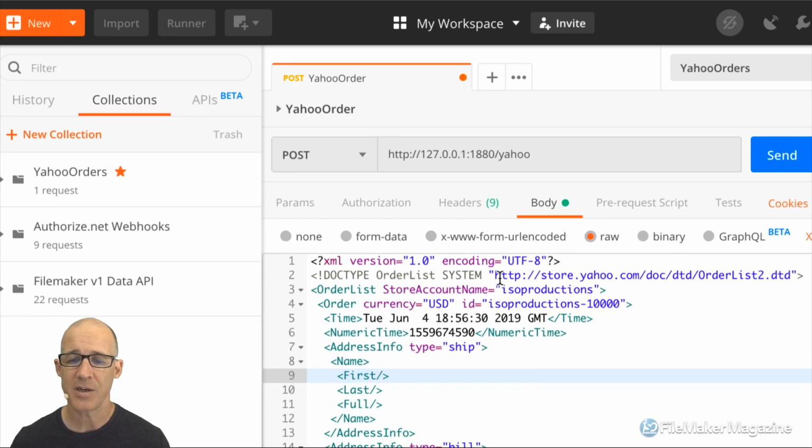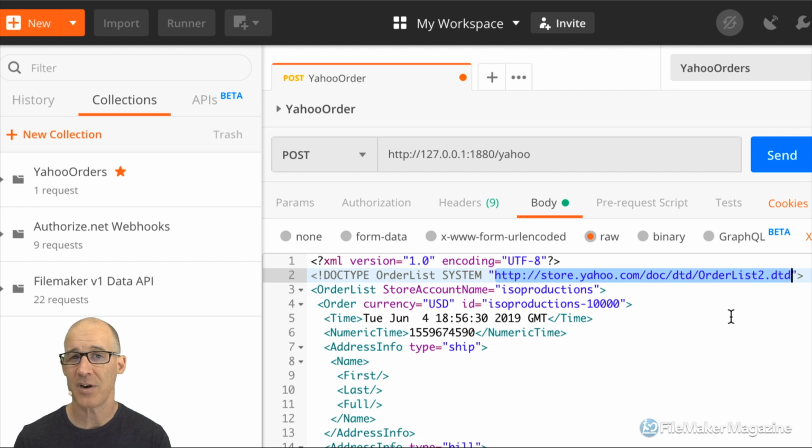Right here in this particular post of the XML, most everything has a definition of what you're going to receive. If you're receiving it from an API that's on the internet, they have documentation, and that documentation says, here's exactly what you're going to get. Here in the XML that I received from Yahoo, this